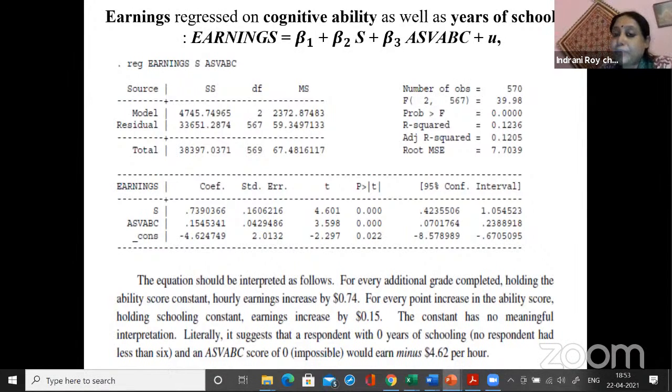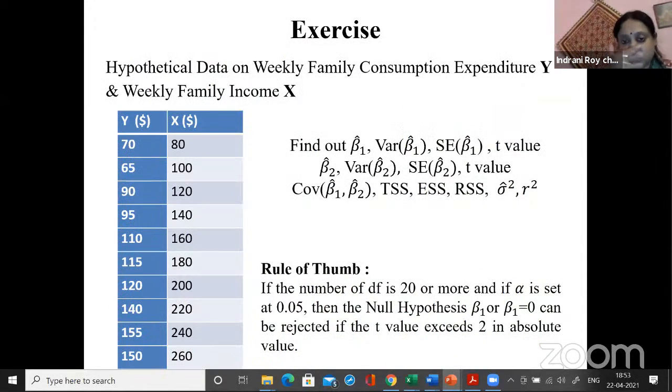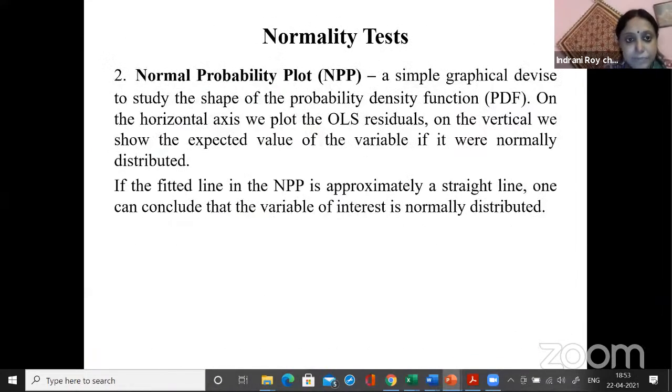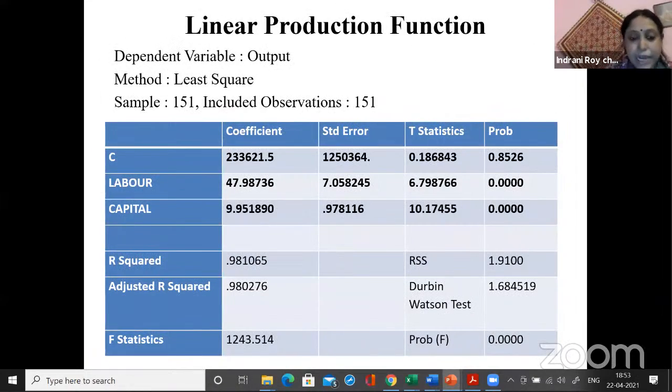So apart from looking at the R square, which is important, more important is your F value. In order to understand whether the overall significance of the model is there statistically, and to validate that, you look at the F value and at this probability greater than F. Your rule of thumb is that this should be close to 0, and for the overall significance it should be less than 0.05, okay, 5%.